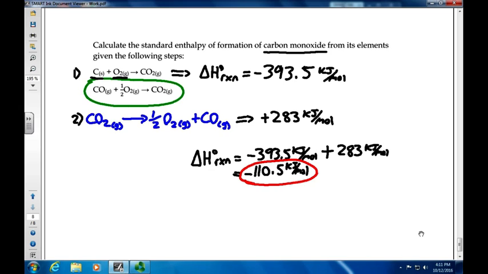Simply take your sum, which means you add up all your products, paying close attention to the signs, and then you're going to want to add up all your reactants, again, paying close attention to the signs. And then you're going to want to take the sum of all those products and subtract the sum of all the reactants. And you'll get your heat of